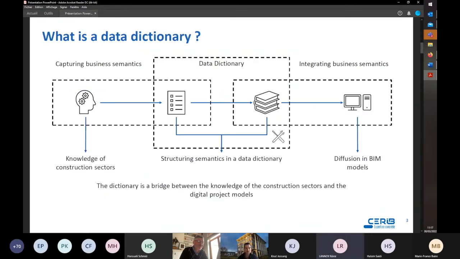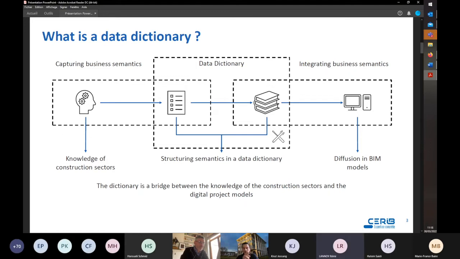I would like to begin by recalling the role of a data dictionary. A data dictionary is like a bridge between knowledge of the sectorial trade and its dissemination in the digital project model, the BIM.